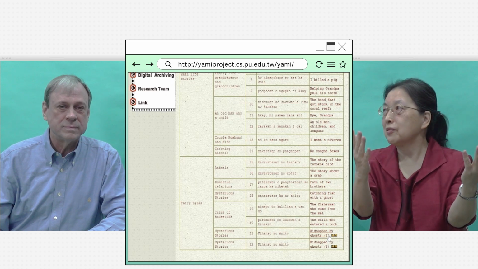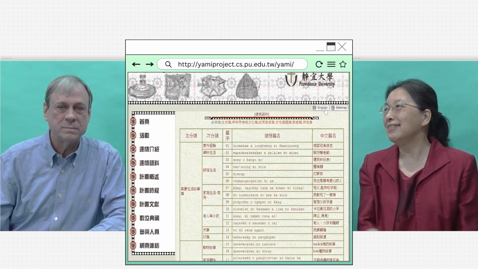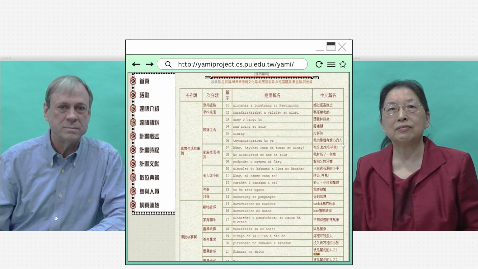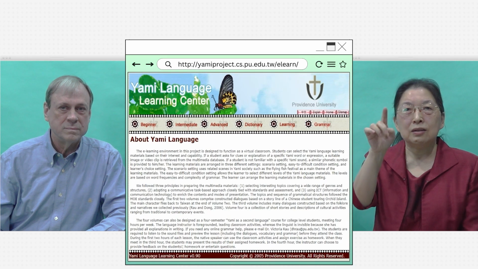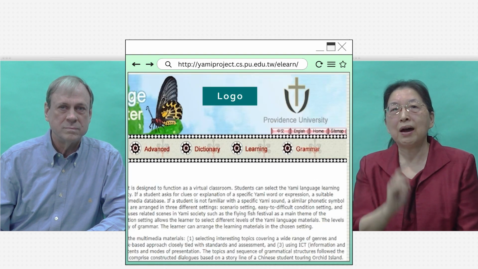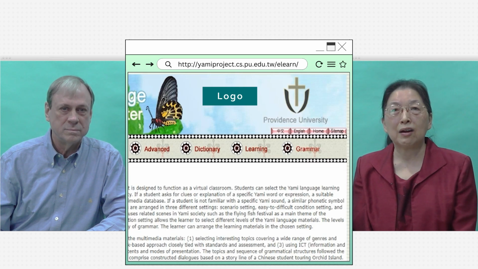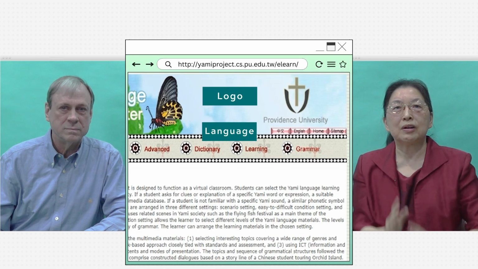This is the English version. And for the Chinese, you can simply click on 中文版, Chinese. And that's just one example of the documentation. In the next one, we can see we also made an e-learning website. And on this e-learning website, you can see the logo of Providence University, where I taught for 16 years in my early career. And this is, again, a bilingual version.